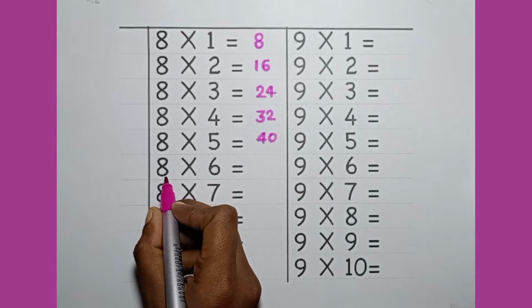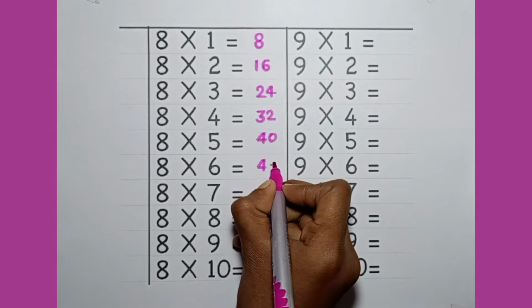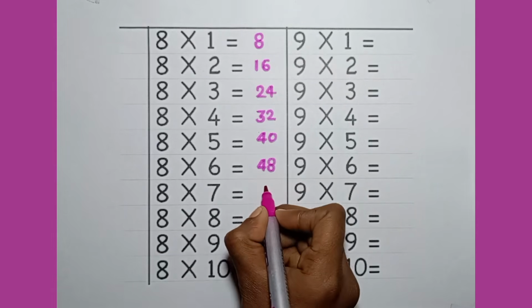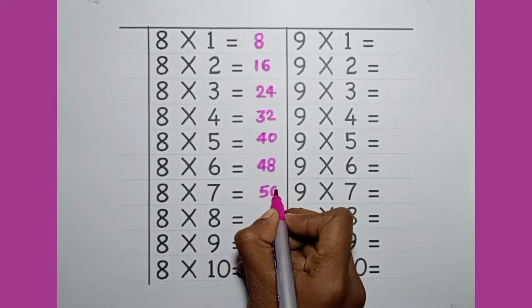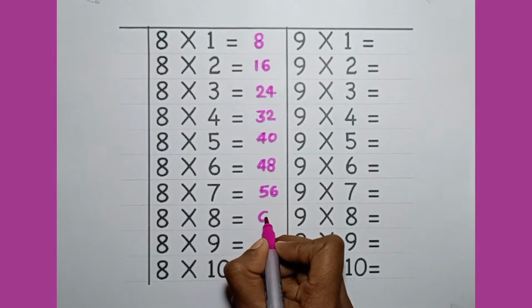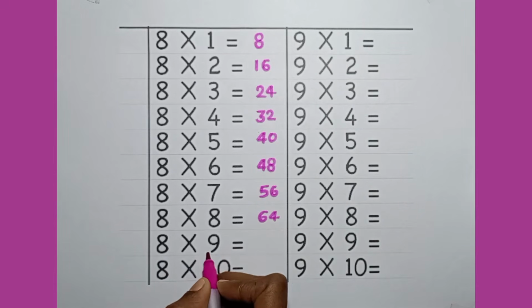40. 8 into 6 is equal to 48. 8 into 7 is equal to 56. 8 into 8 is equal to 64. 8 into 9 is equal to